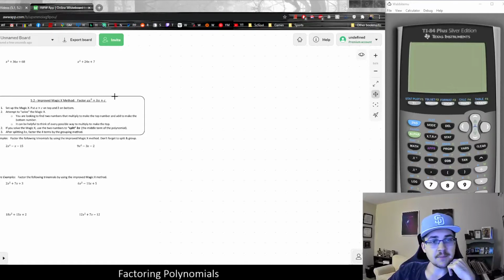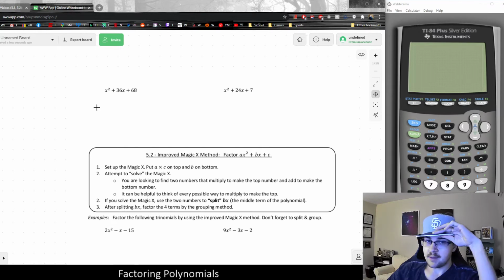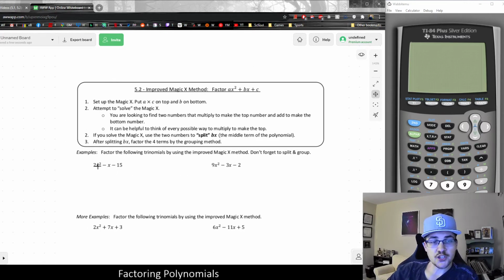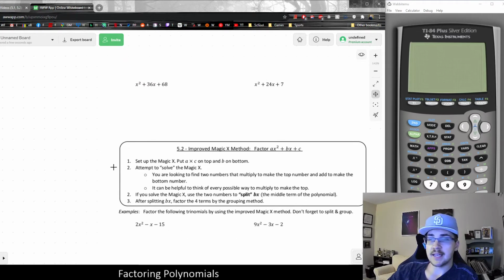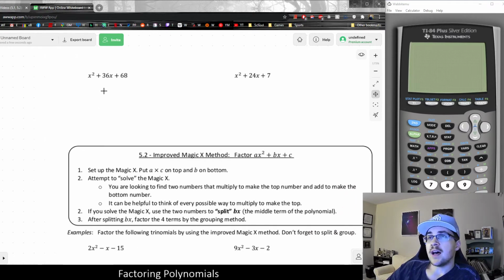Let's do two more examples of factoring by the magic X method. And then we will elaborate and talk about what happens if we have another coefficient out front this upcoming week in live class in Zoom. But anyways, in this one, again, I would always start by